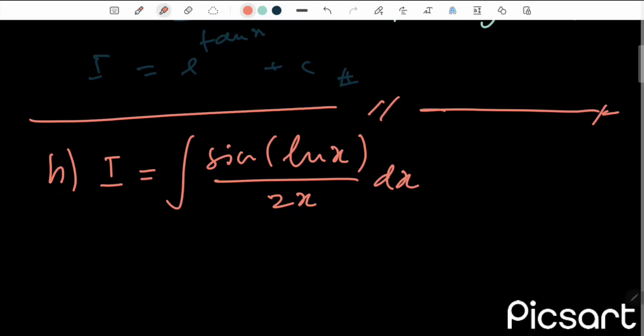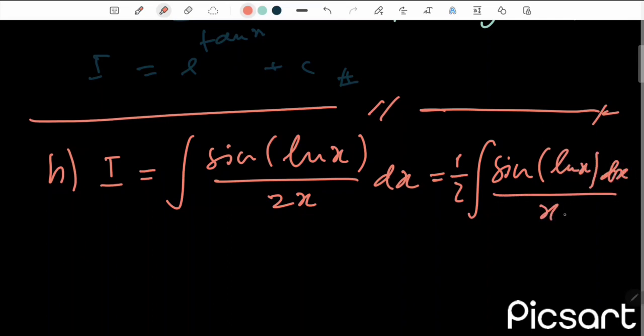Okay, for now we can see that 2 is a constant, then we can take it out from the integral, and we get 1/2 integral of sine of ln of x dx over